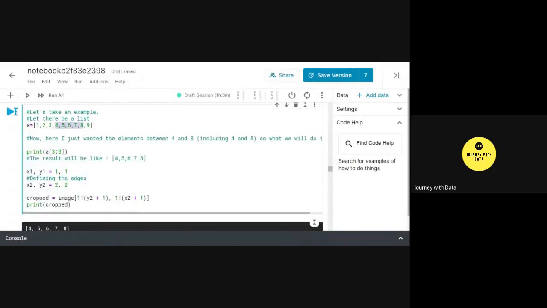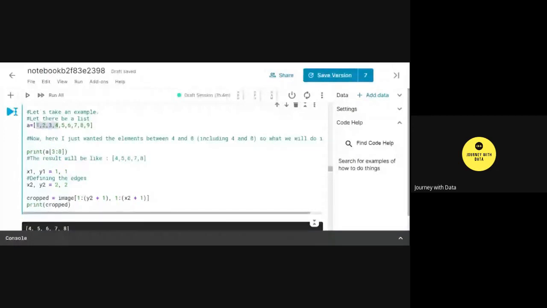Here, I'm just printing the elements. As I already told you, the elements in Python begin from the 0th index. I want all the elements between 4 and 8. If you notice, the indexes go 0, 1, 2, 3.